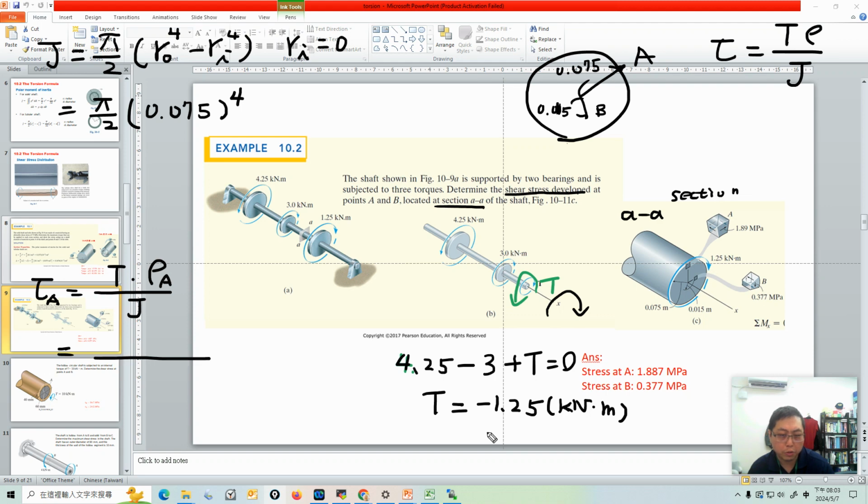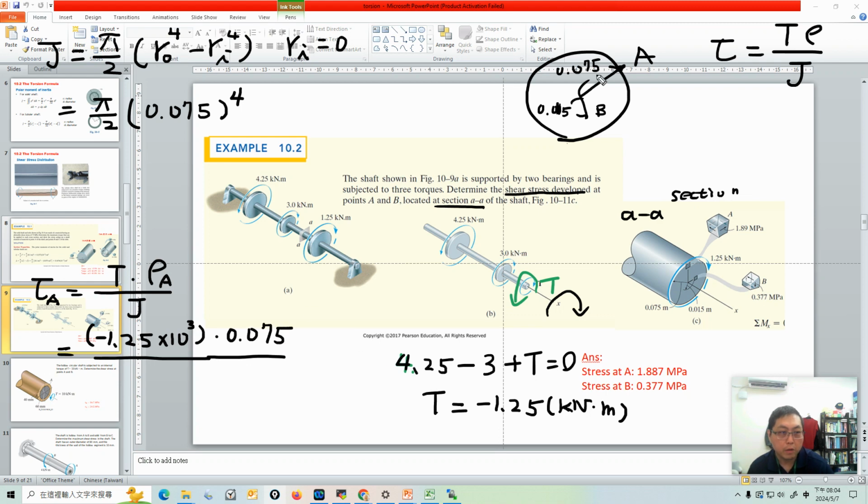I'm not sure the direction will really make the answer different or not. Let's keep the negative, but I think this won't affect the answer. And here is kilonewton times meter. I want everything in newton and meter, so I times 10 to the power 3. And the rho A is a surface, so A is 0.05,